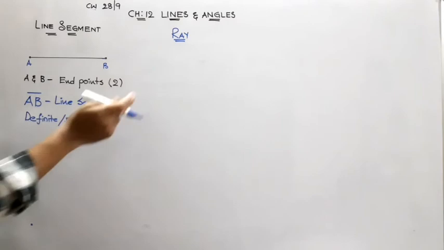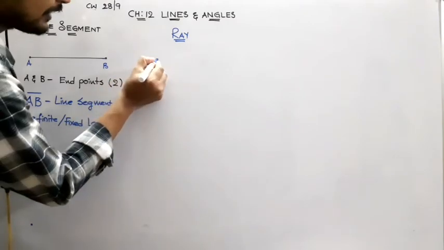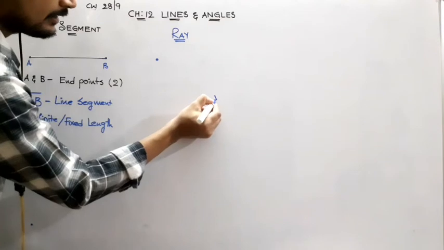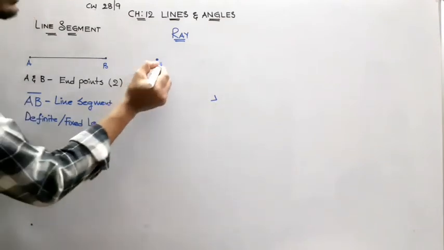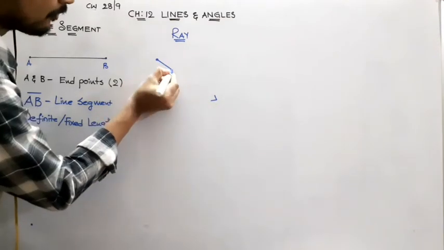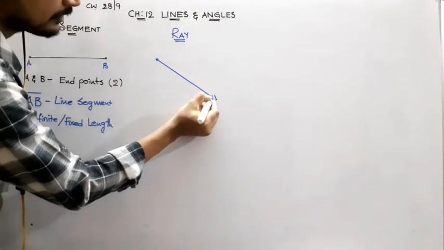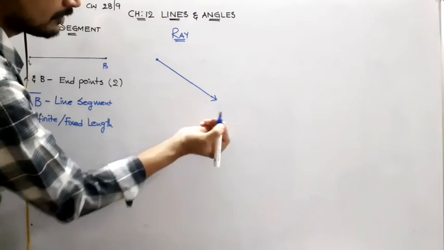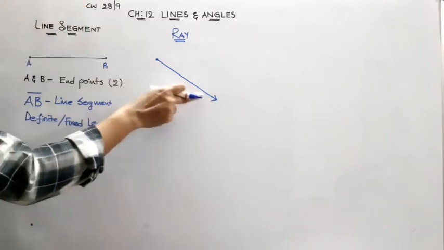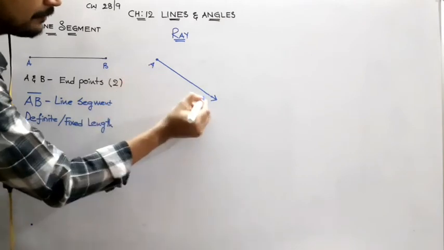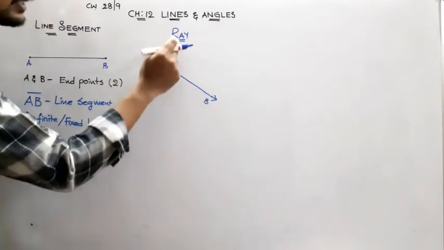Now what I am going to do is take only one endpoint, and the other one is open, not an endpoint at all. And if we join these both, if we join these 2 points in which A is fixed and B is not fixed,